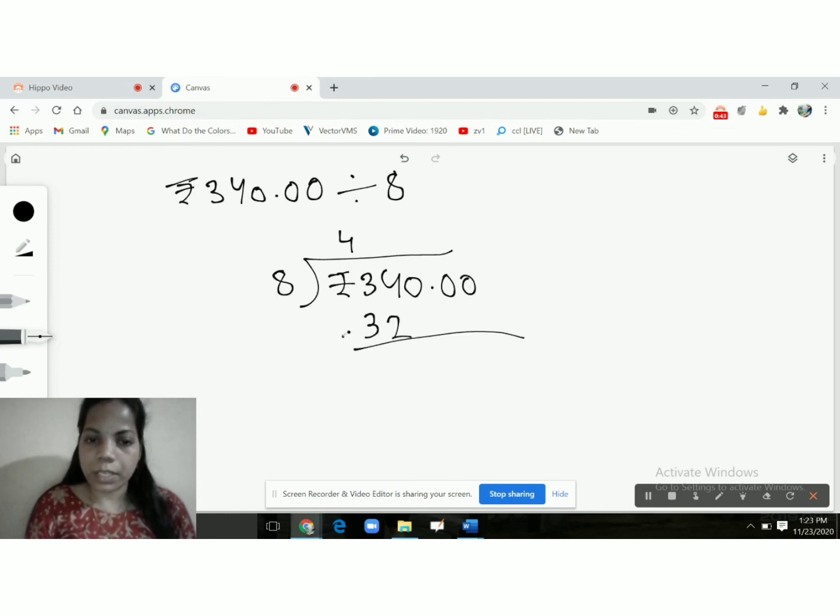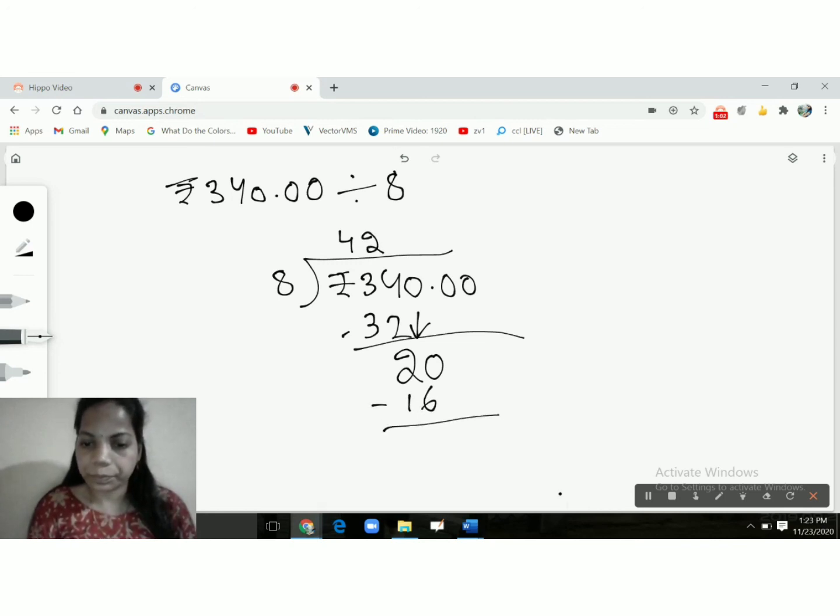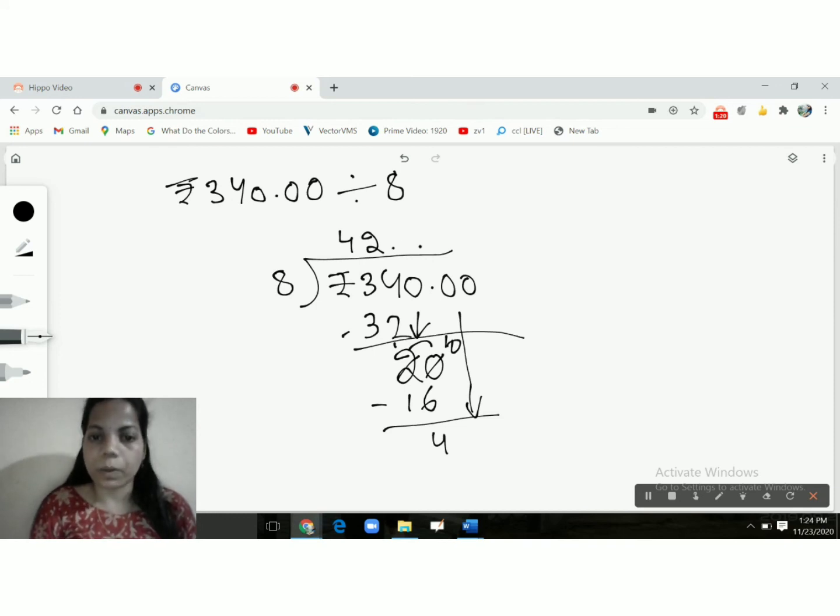Now we have to subtract. 4 minus 2 is 2. Now we have to bring the next number down. Do we get 20 in 8 table? No. So what is the least number which is less than 20 in 8 table? Right. 8 twos are 16, minus. So 10 minus 6 is 4. So 1 minus 2 becomes 1. 1 minus 1 is 0. So now what we have to do is, we have to bring the next number down. But here we have decimal point. So we will put decimal point in the quotient also.